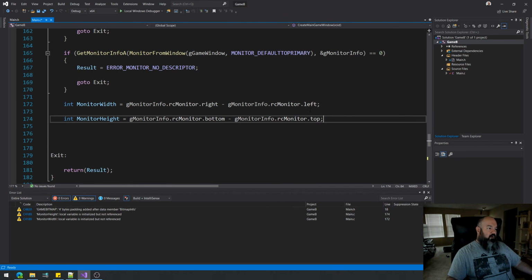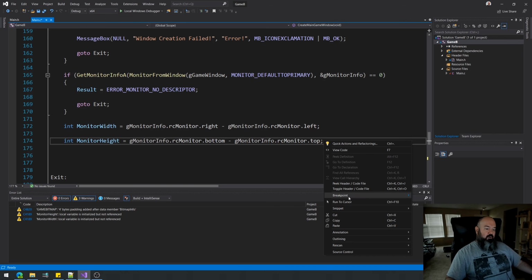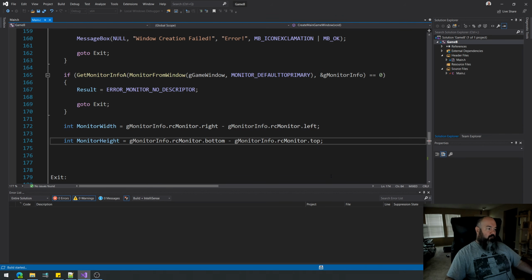Alright, now if you recall, we were trying to calculate the size of this monitor, and we were going to use that to basically stretch the entire window out to the size of the entire monitor. And this is the create main game window function, by the way. So I'm going to run to cursor here,